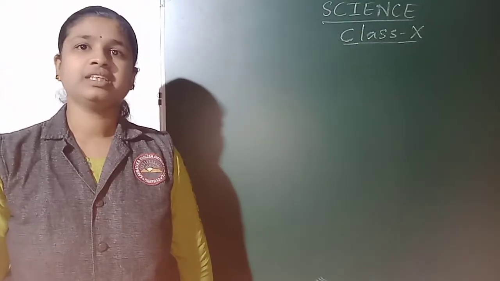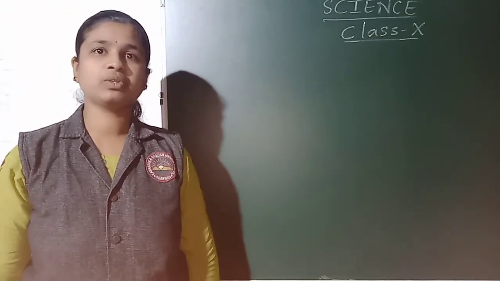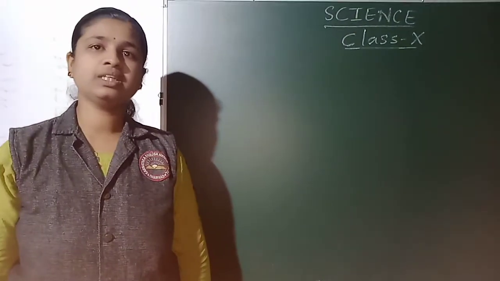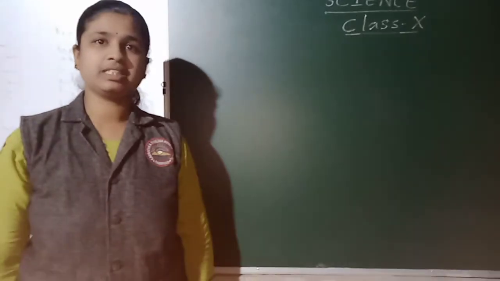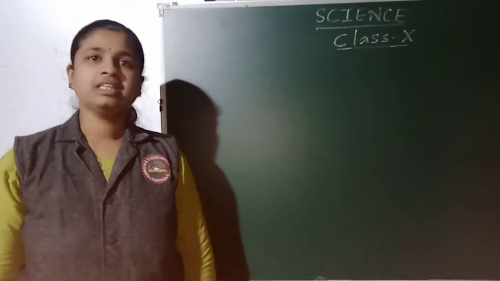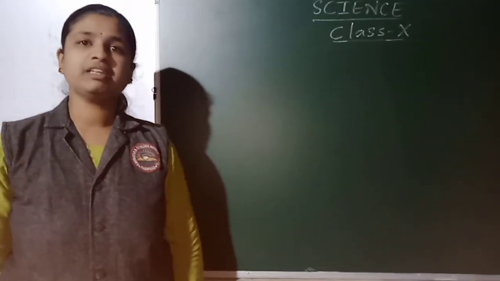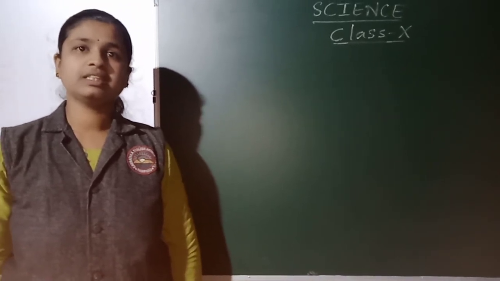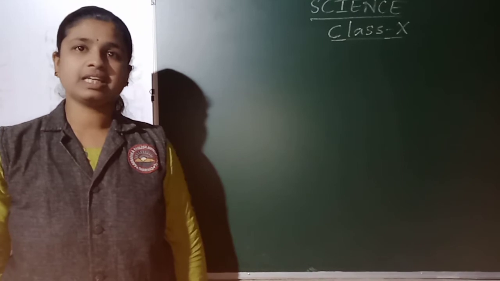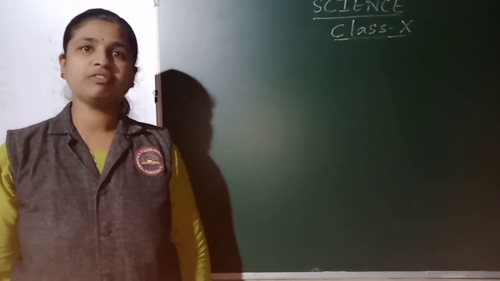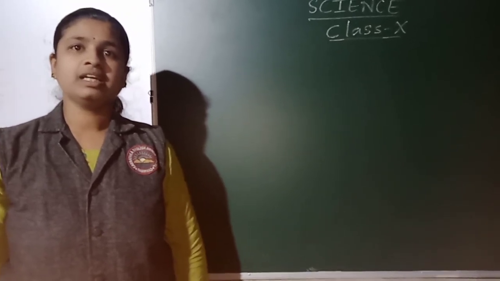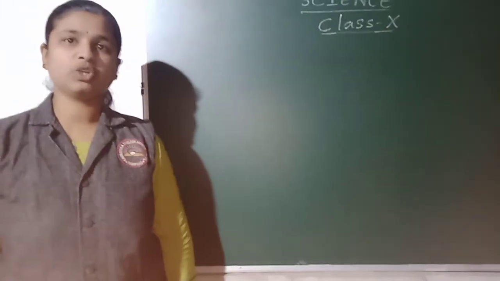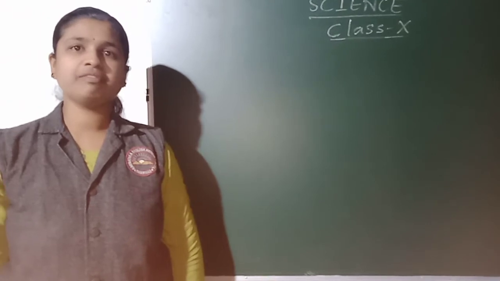Good morning, children. In your previous class we studied the reflection of light, the laws of reflection, and the characteristics of the images. Let's recall those. First, what do you mean by reflection of light? Whenever light falls on an object, some light rays are sent back. This process of sending back of the light rays from the surface of the object is called the reflection of light. And the laws of reflection.